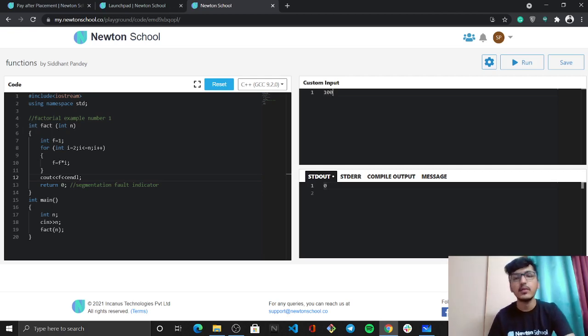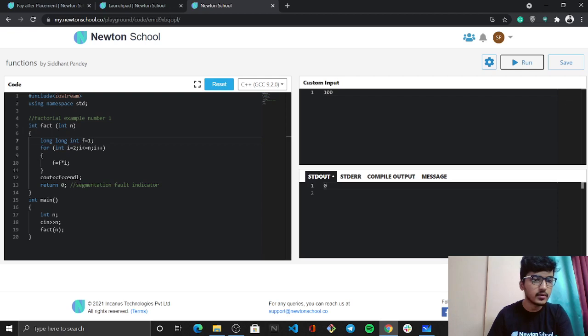we can't deal with normal data types like int and float and double. So in that case what we have to do is we have to use long int in this case. Okay, long int, and the output now becomes extra long, so it is now capable of holding larger outputs as well. So if I give long long int f equals to 1 here,